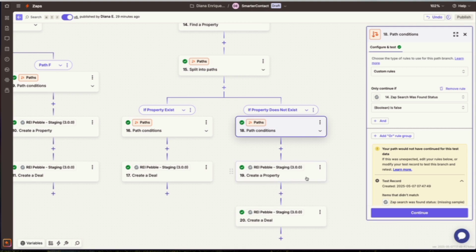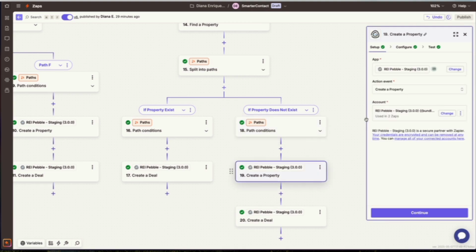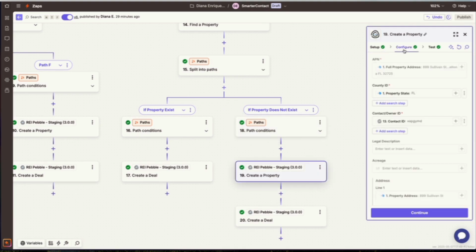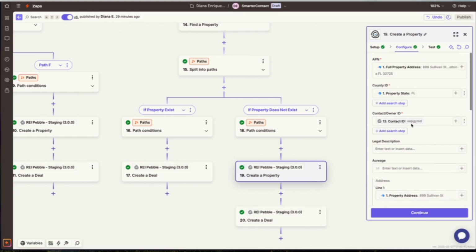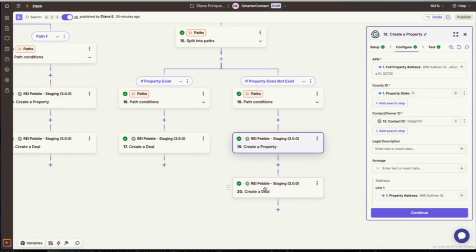Well, then I'm going to create the property. And that property creation is going to be based on SmarterContact's information. Now, I know for a fact that this isn't going to work because I don't have a county here. I can't just use the property state, which I do here as an example, but it's going to need to pull from a custom field that you created for that contact inside of SmarterContact for county. So we're going to match it to that custom field, bring it in, and then we're going